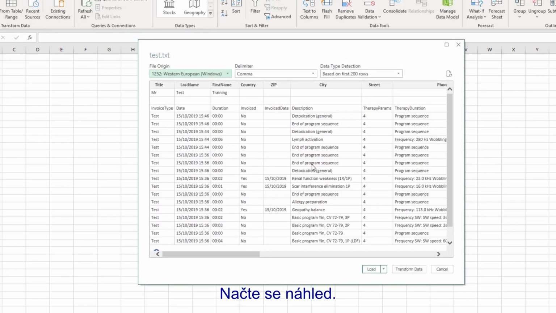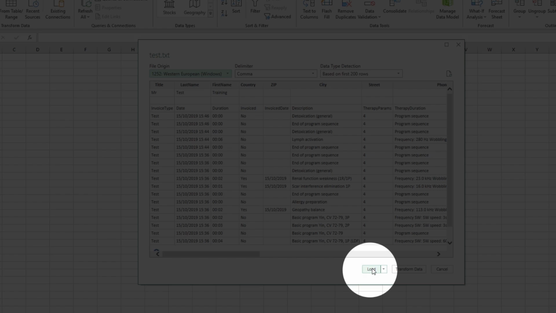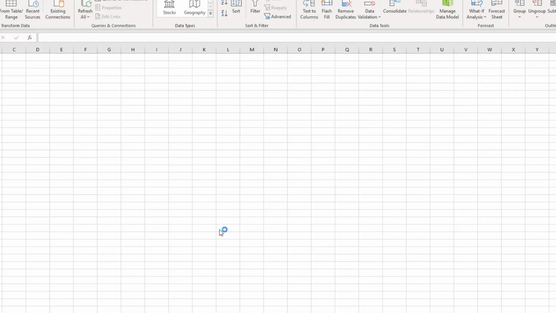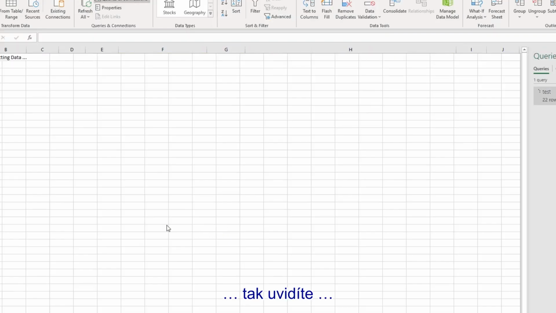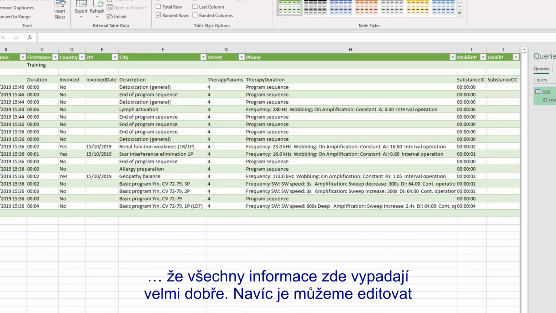A preview will be loaded, and if we click load now, you will see that all the information looks very smart here, and this can be edited